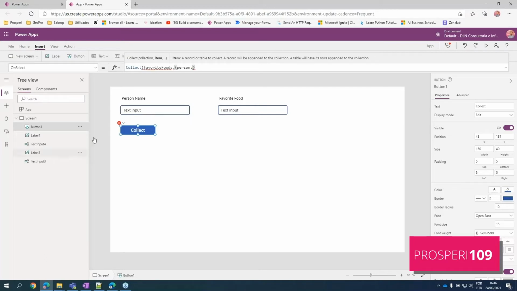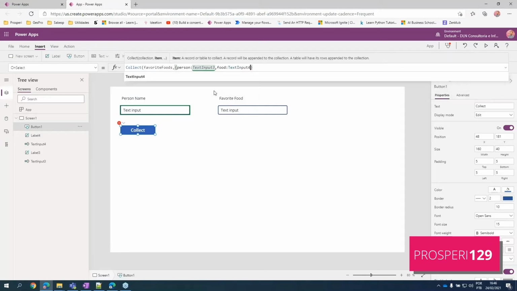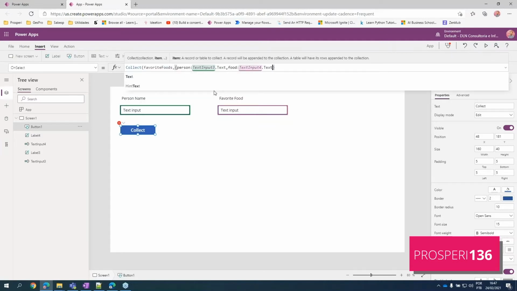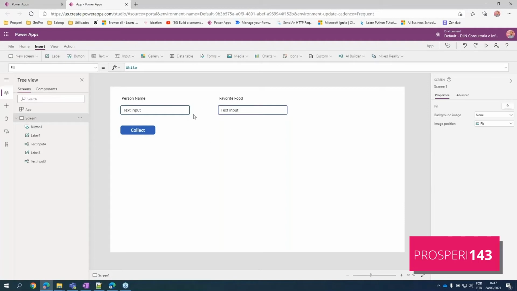in our case it's text input 3, and separated by the comma with another property. So food, text input 4. I had to use the text property because it gets the value that is stored in the text input, okay? So now we close our collect command and we can use already the